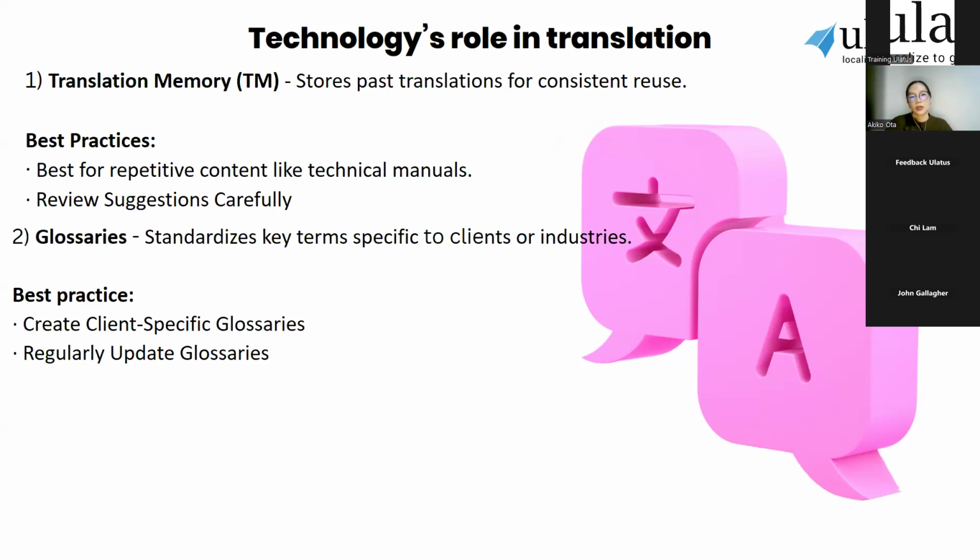In medical translation, for instance, a glossary might specify preferred terms like "antibiotic" instead of "antibacterial drug." And this will help us ensure that the correct and standardized terminology is used at every instance.